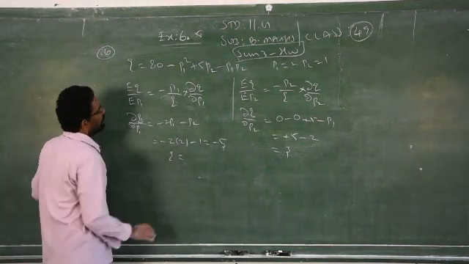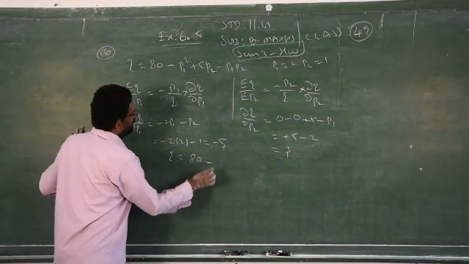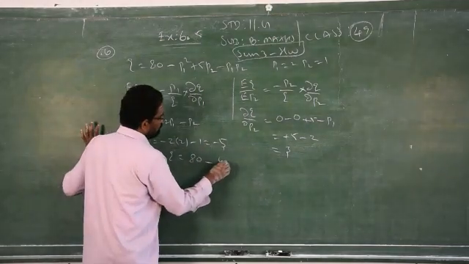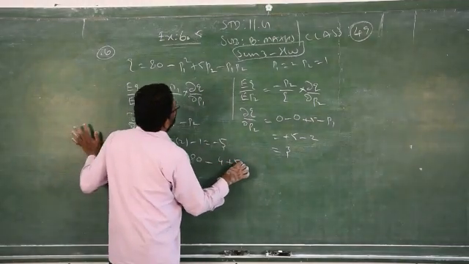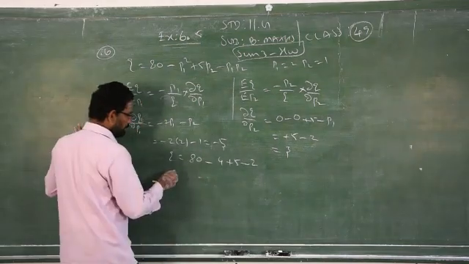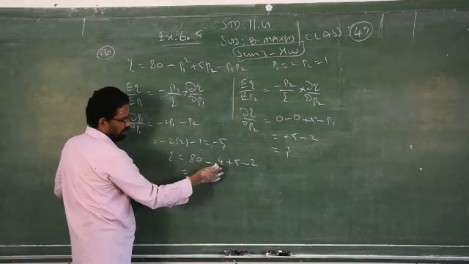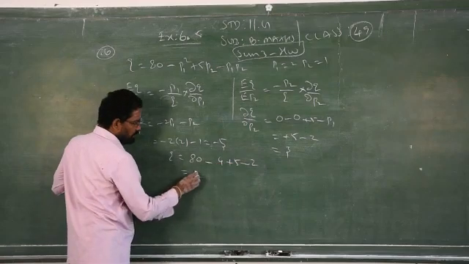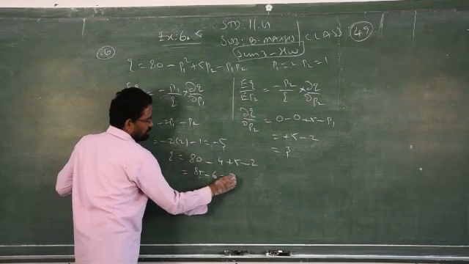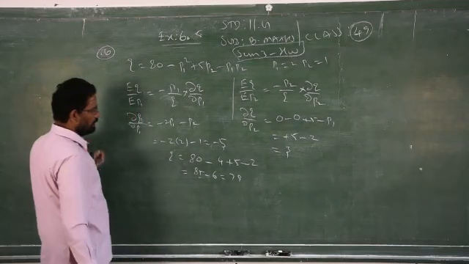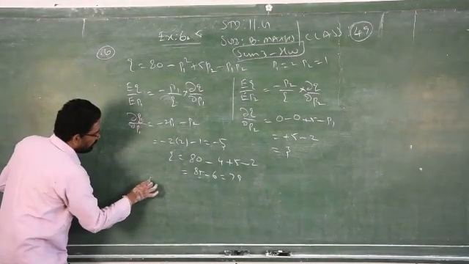Then finally you have to find what Q is. 80 minus P1 square, that is 4, plus 5 times 2. I am straight away replacing the values of P1, P2 in the question. 80 minus 85 minus 6. 85 minus 6 will give you 79. So you have to substitute in this formula.